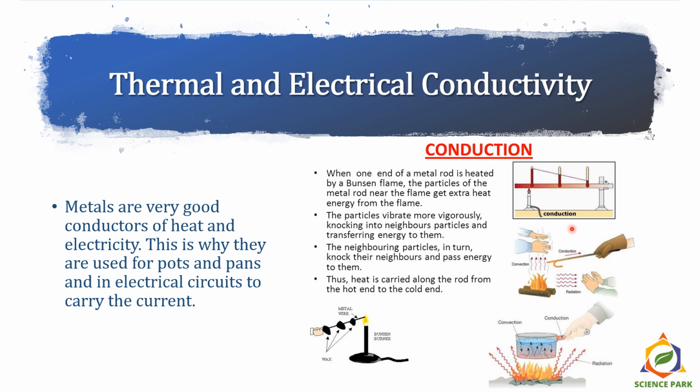Now assume that you have a long rod of metal which is connected to a shaft at one end. At the other end, we are giving heat to that rod with a Bunsen burner. Now if you keep thermometers attached to various positions on the rod, as you start heating this end of the rod, temperature at this point will be highest. Temperature at this point will be somewhere in the middle, and here there will be the least heated point. Now how does this happen?